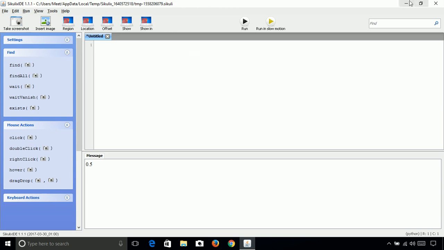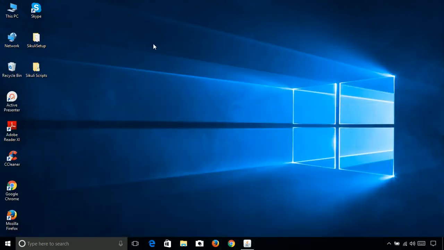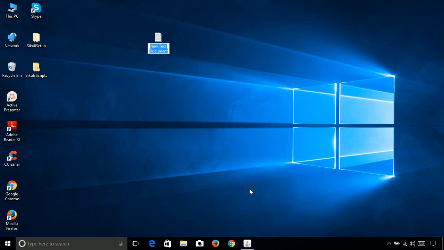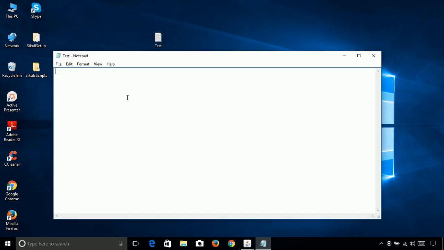In this demo, we will see the different methods like move mouse delay, type delay, click delay, and how to use them in the script. What we are going to do is, let me create one text document, and call it test. Now we will click on this network, and there will be some delay in moving the mouse, and then we click on this test. We will also use the click delay, and then we will open this test, and then here we will see how to use the type delay. So let's implement that script.